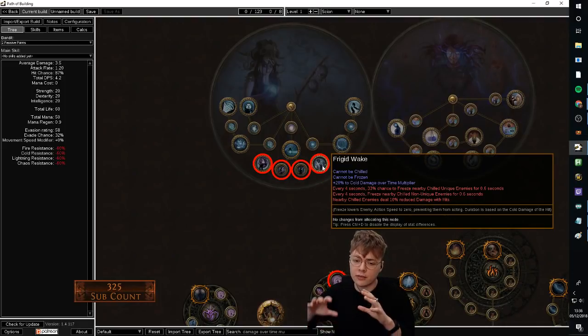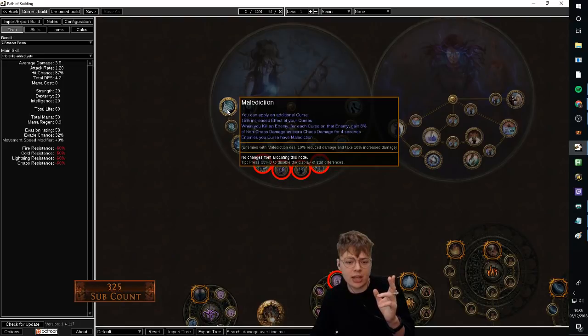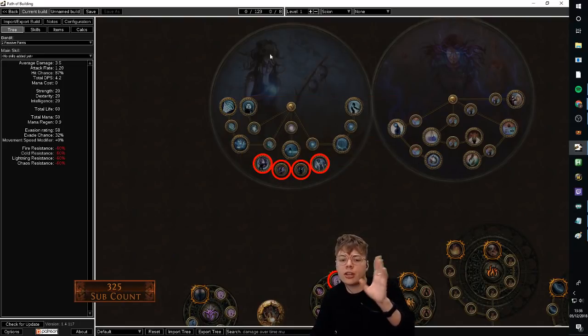Then this node just gives you everything, defense. They cannot be frozen means start of league, you don't need to roll a freeze removal flask. Really, really good. You get a bunch of defense through the freezing, a bunch of damage. You get the reduced damage taken, stacked with the reduced damage taken you have in here. So much free starter. Even if it turns out the dot builds aren't good, this will be a good starter